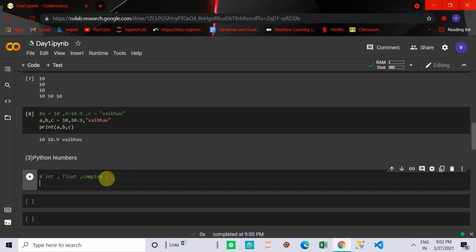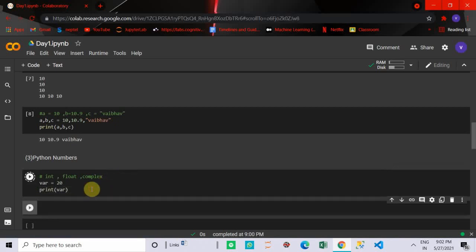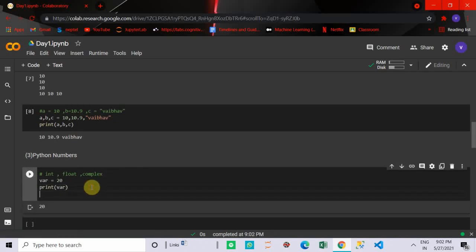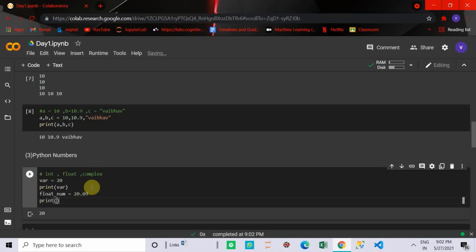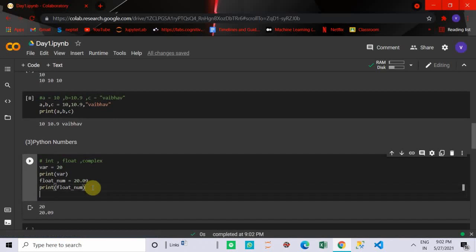For integer, you know how to create a variable that stores an integer, like var equal to 20, print var, and it will print the variable. Similarly, a float number like 20.98 will print just the float number.